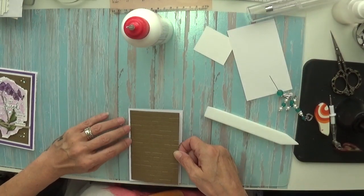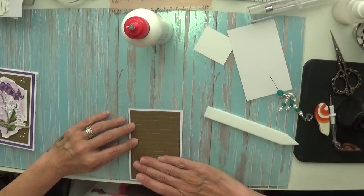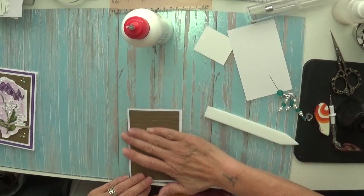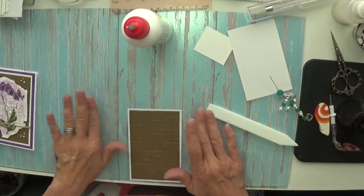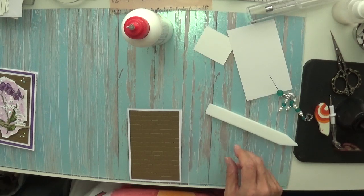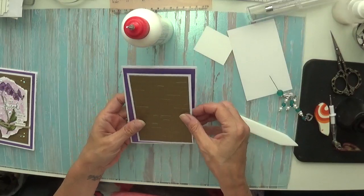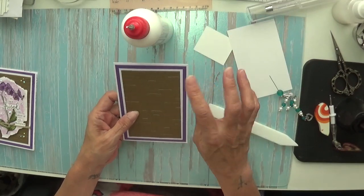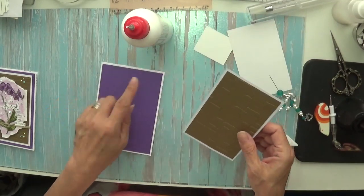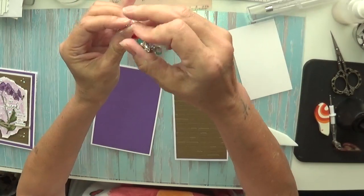So again, another 1/4 inch border all the way around. Just going to gently rub that because it does grip pretty quickly, and it just looks nice. Oh, I don't know what's happening there. Oh, it's off my paintbrush, but it's alright. So you can stamp those little dots if you want to down this side. I think we'll have to do it again because it's on the first card, so